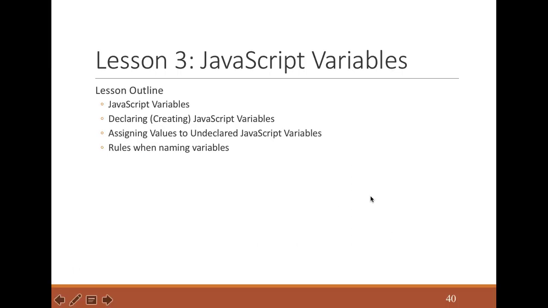Today we continue our JavaScript lesson. So I'll start with JavaScript variables. This is the lesson of JavaScript. Okay, here we are looking into JavaScript variables, declaring JavaScript variables, assigning values, and then the last one is rules